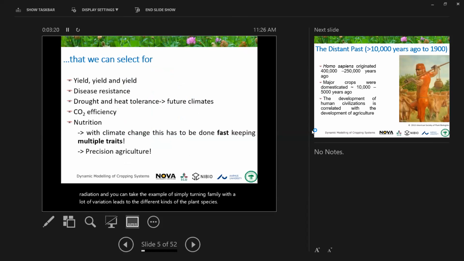So it means we can select that information, we can generate that information, and we can work on the yield, because we need to ensure food security in the future. We need to have biomass production in the future for energy, and we need to have ecosystem services for the future, because we don't want to give a bad climate to our future generation. We want to give a good climate to our future generation, and for that we need to focus on ecosystem services also. So we need to work on disease resistance and drought and heat tolerance, and also on carbon dioxide efficiency,